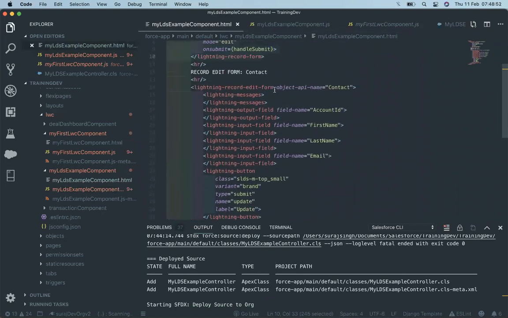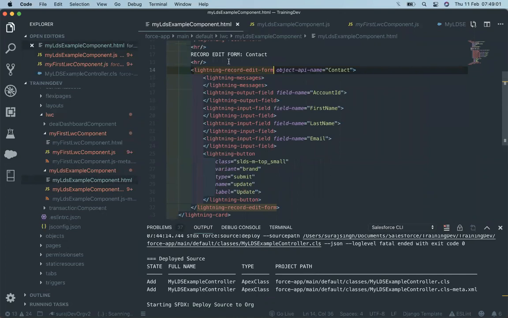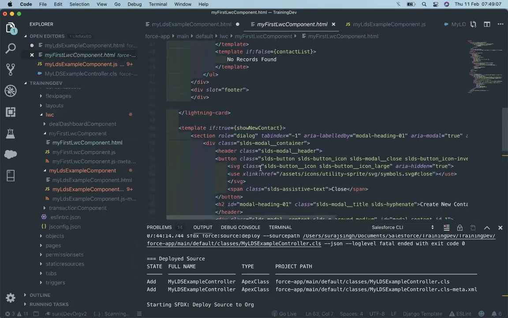In this, what we need is just the ID, nothing more, nothing less. We just need the ID of that field. And what we have to do is do that in a loop. So let's create a template, just like what we discussed earlier about the template, that it has a for each. Where is that?